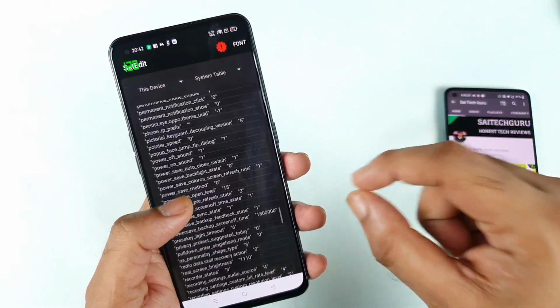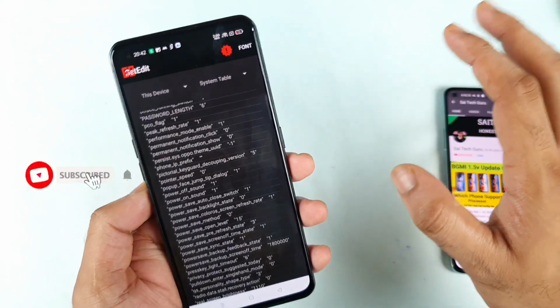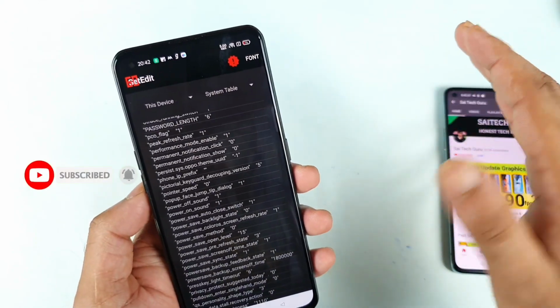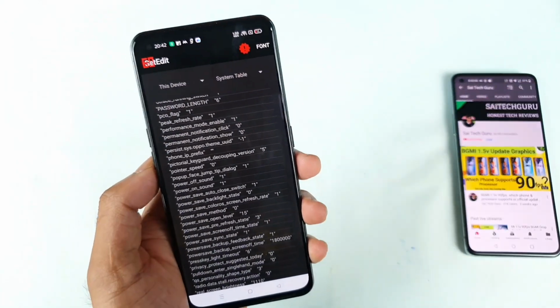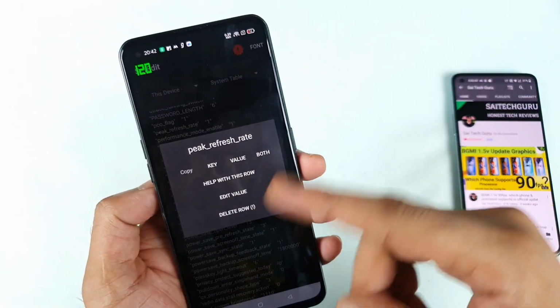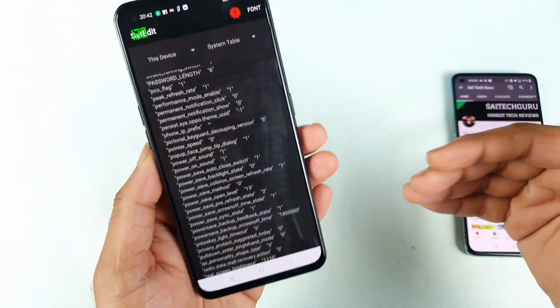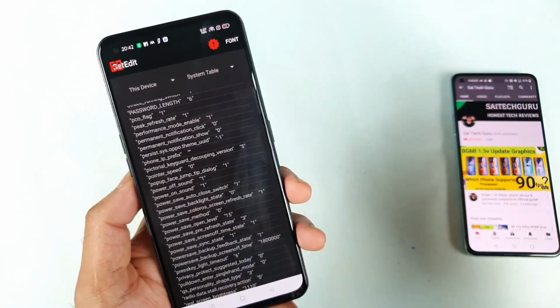And this application you need to use very, very carefully. If you're not aware of this, don't try to use it in any manner, because this will definitely cause some other issues. So only if you have sufficient knowledge can you actually try it. And don't try to delete any kind of row at all. Some of the users did delete a few of the rows. That is the reason I'm mentioning don't delete anything.